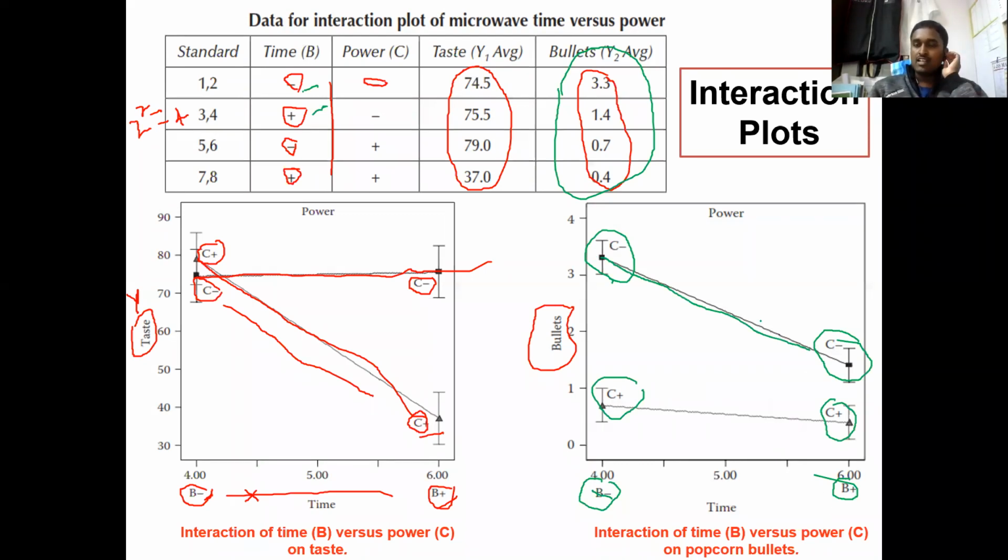But once again, from the statistical point of view, there is not much influence or use of these graphs. It is just for representation to the audience of the interaction you are talking about, because already we said B and C have interaction, and how we can show it in a graphical manner is using these values.